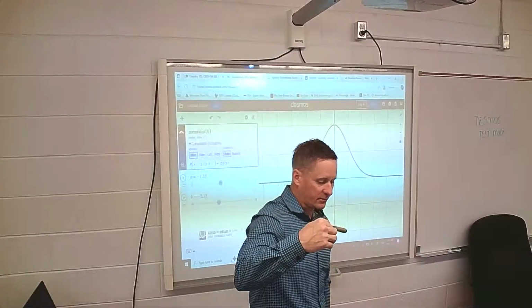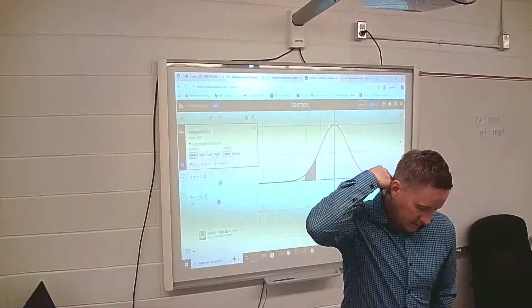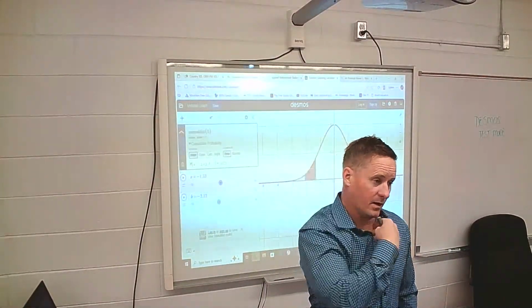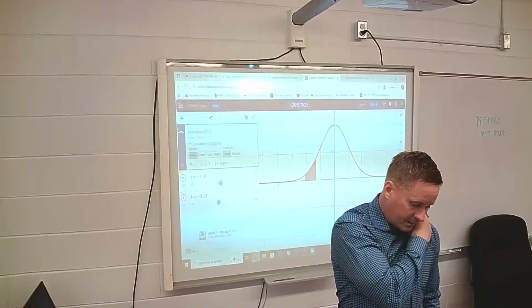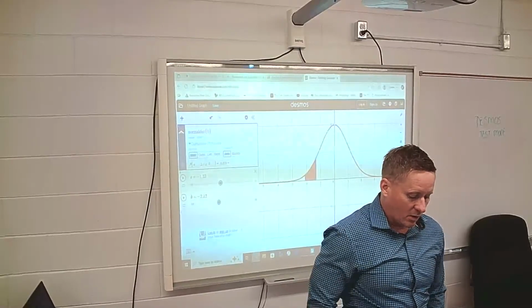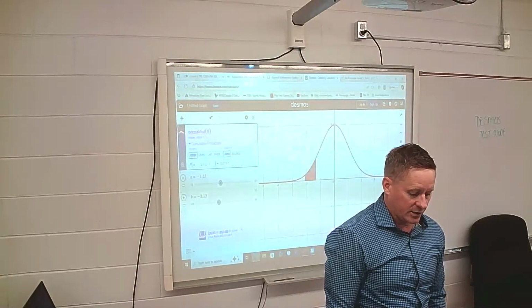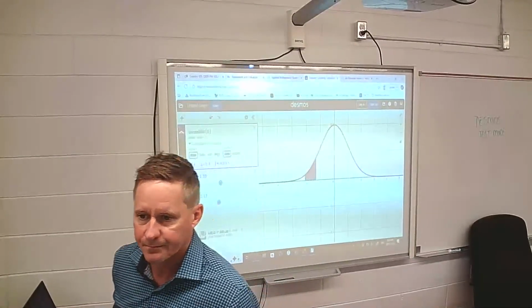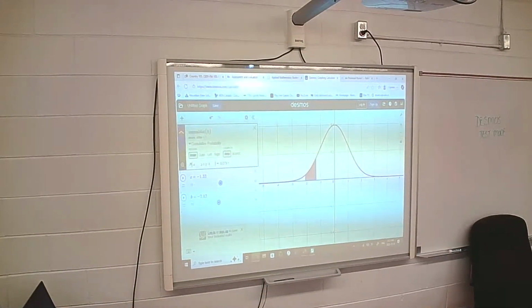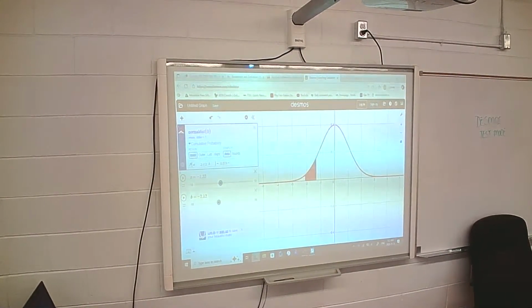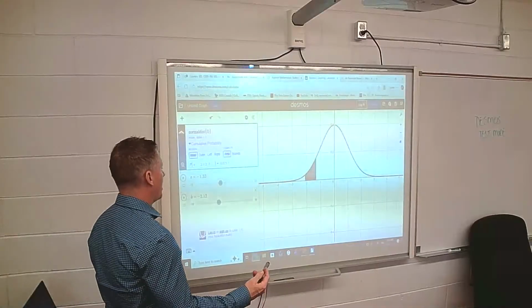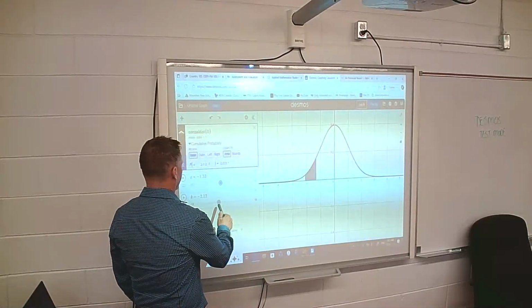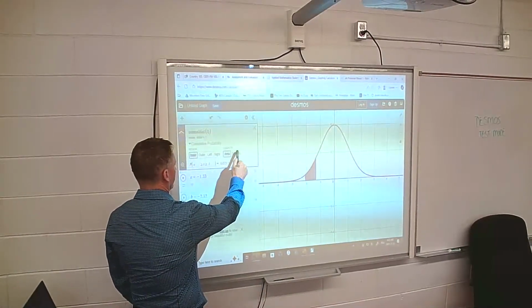Okay, let's go to question 4 now. So this is the hard part, so I want everybody paying attention here. What z-score is required for each situation? 15% of the data to the right of the z-score. All right, we need to know what z-score has 15% of the data to the right of it. So this is the part that I'm not sure how it works. So here's what we're going to do. We're going to go bounds